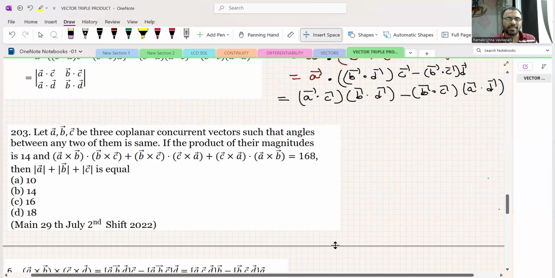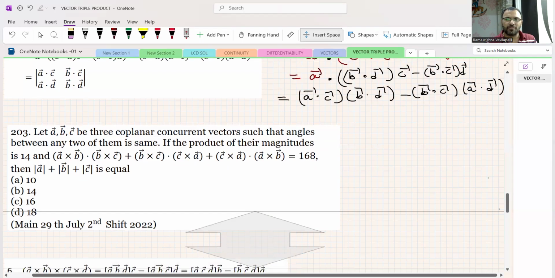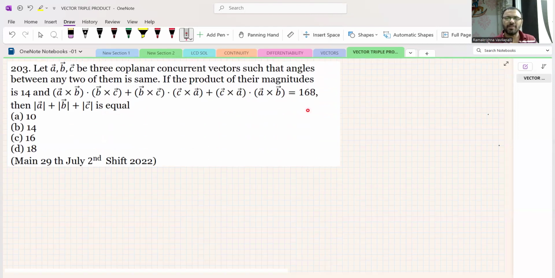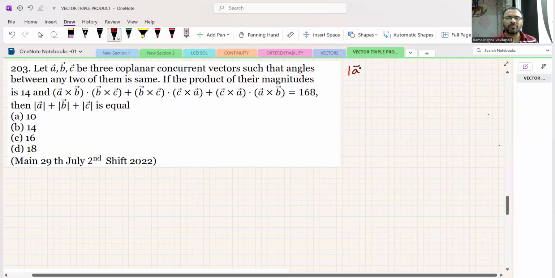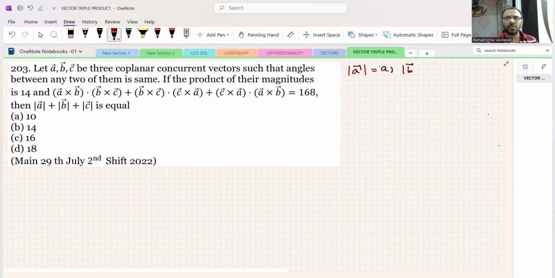Well, so this question is just an application of the aforesaid result. So we'll do it one by one. First, we assume that mod A bar is equal to A, mod B bar is equal to B, and mod C bar is equal to C. Now we will apply the determinant for each one. For this, we will apply the determinant of, with A, you take dot, that is A bar dot B bar